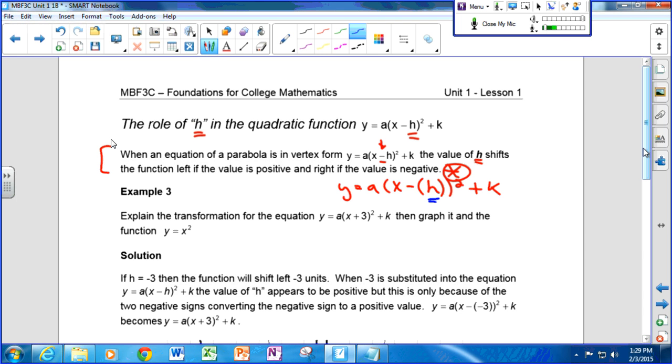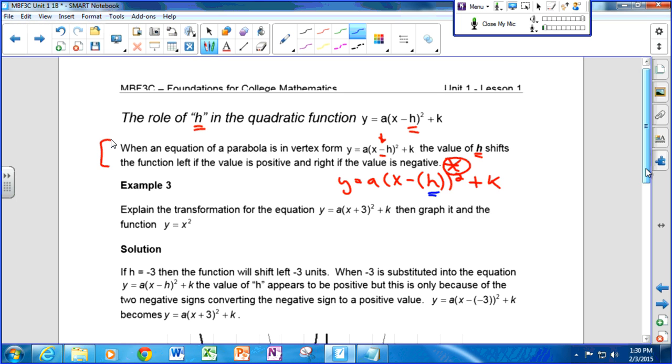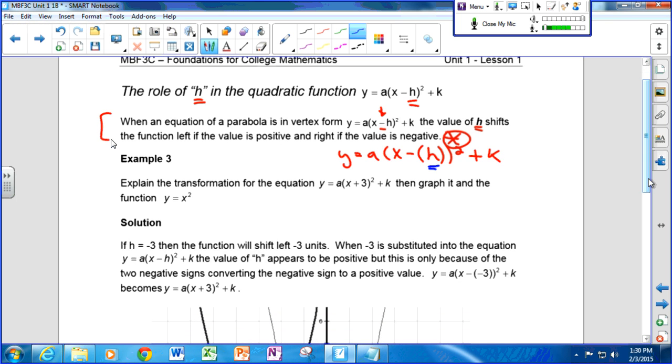positive or negative. Okay? And I've been telling you up till now that when you have an equation with a variable in it, the sign in front of it is part of the variable. And that's true, but for whatever reason, the way the course text explains it, the value of h is treated as if the negative sign was separate, okay? Which is fine. Okay, we can actually come up with a rule here.